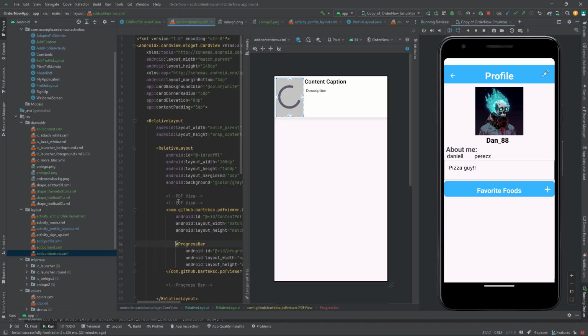So this row is going to be used when a person adds content like a post. This is where they're going to be adding it to. It's going to be a content caption, a description of what they added. So let's say I ordered McDonald's, and I say McChicken! or crispy chicken sandwich is my favorite, whatever I want, and there would be the picture. So I took this row, and what I did was I added,